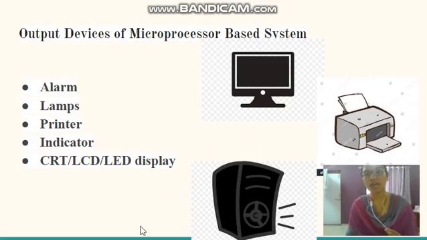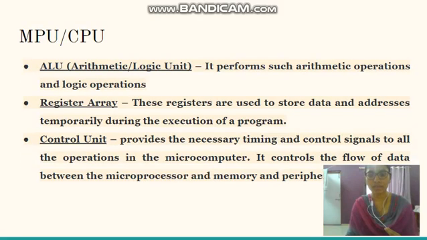All the devices which take the data from outside to the processor are called as the input devices. Similarly, output devices are the devices on which, after processing of the data by the CPU, the results or the output are given. A few examples of output devices are shown over here. They can be your printer, the monitors, various types of displays, speakers, alarms, simple LED or the various lamps to indicate the output, and so on. So these are some of the examples of input and output devices.